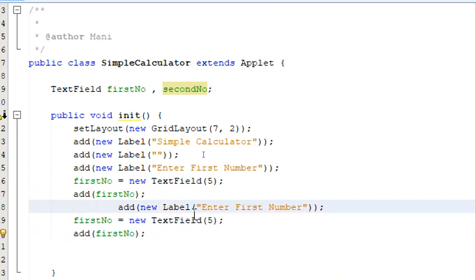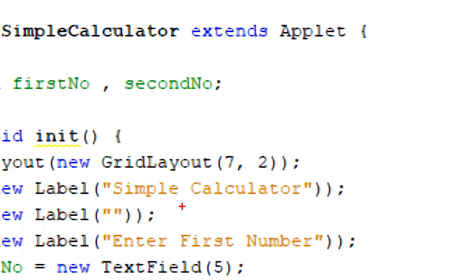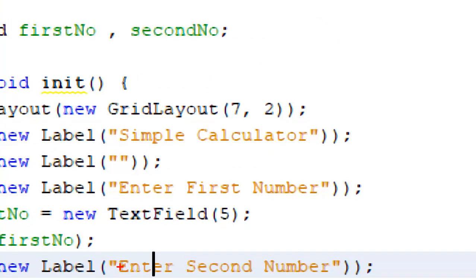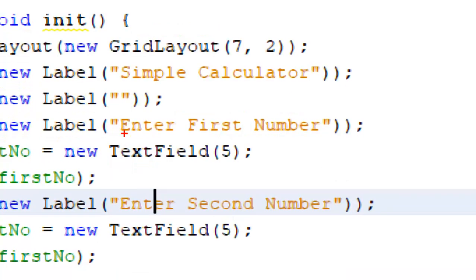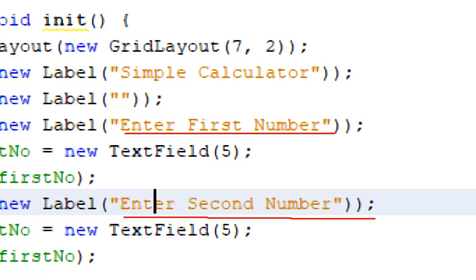So what I have done over here is I'm going to add one more label, and the label just reads "enter second number." It is the same as my previous label. In the first one I have said "enter first number." In the second one I am just saying "enter second number," that's all.